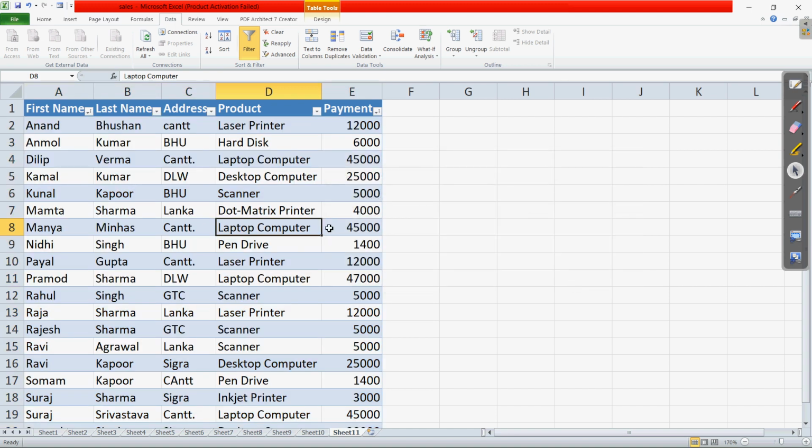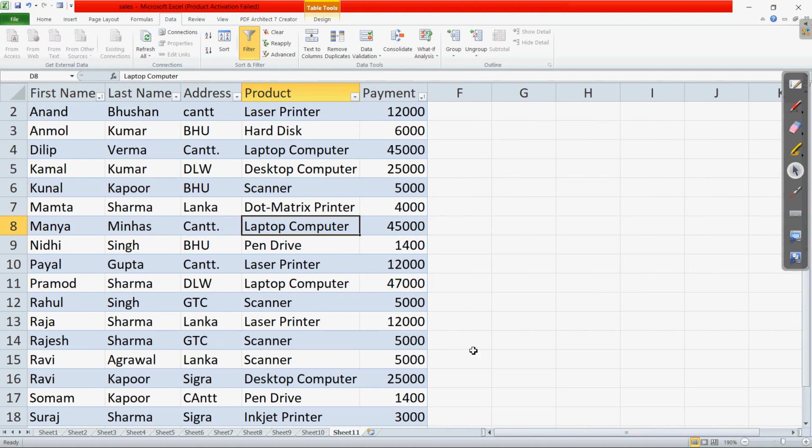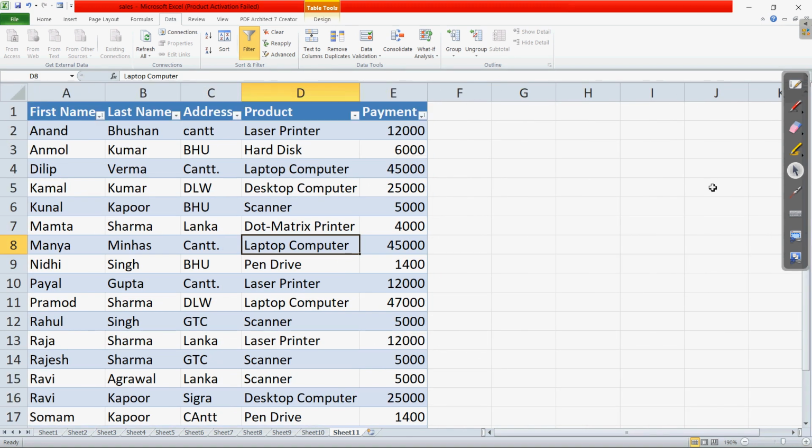So here you can see that I have arranged the fields in an alphabetical order, and suppose we are having two names with the A. Let me zoom in, then it will be better visible to you. Clear? So here you can see that the first name is Anand and second name is Anmol.